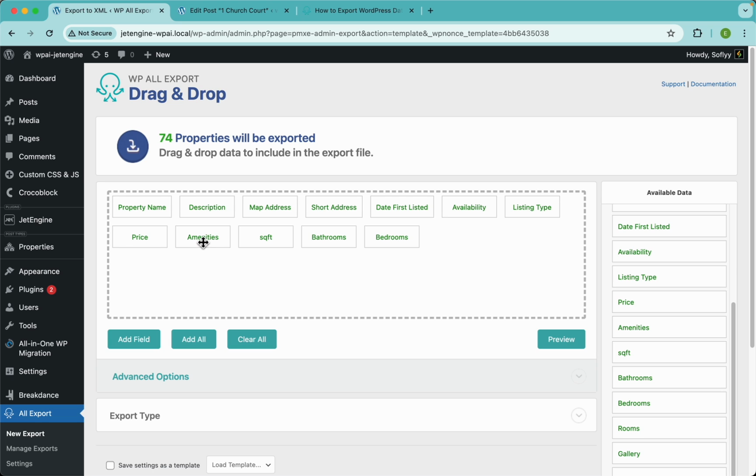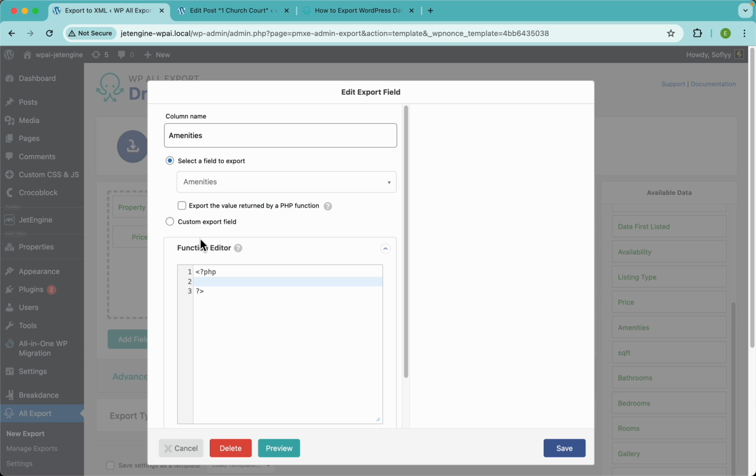Now to do that, you will need to click on the element you want to run your PHP function on, and then write your function here, right? So let's do that function, and this is gonna be called replace pipes. So data here, and this is gonna return str_replace, and we're gonna look for our pipes, right? And we're gonna replace that with a comma and a space, and this is gonna be run in this data